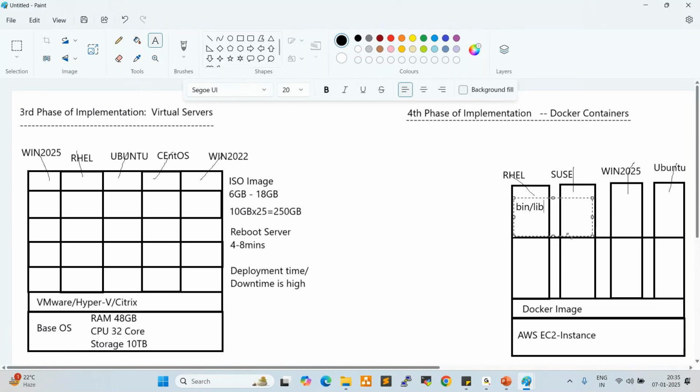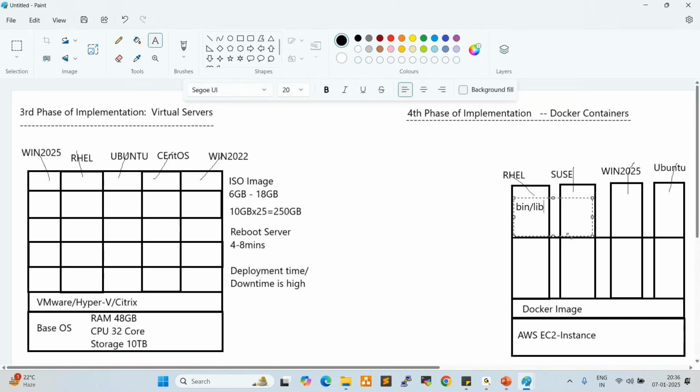From GitHub, Jenkins takes the code and hands it over to Maven. Maven converts it into an artifact, which is a war file, jar file or EAR file. That we already discussed in the first demo. Whatever war file is generated by Maven, we can deploy onto the respective target servers.